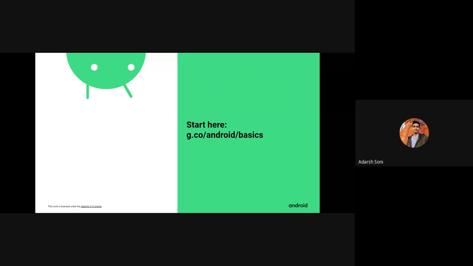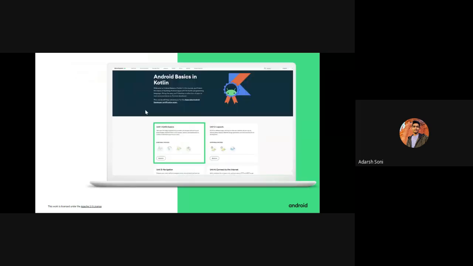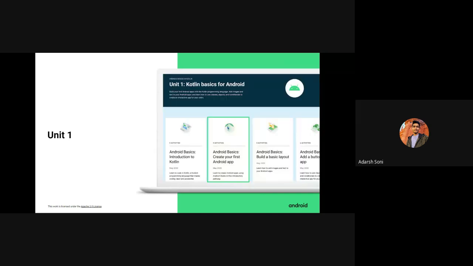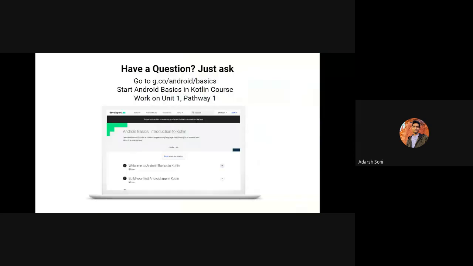Select the green button, unit 1 of the basics course. Then we will be going over pathway 2 and 3 today, as we discussed. Start by working on the second pathway. All right, go ahead and get started on unit 1, pathway 2 of the Android Basics in Kotlin course.